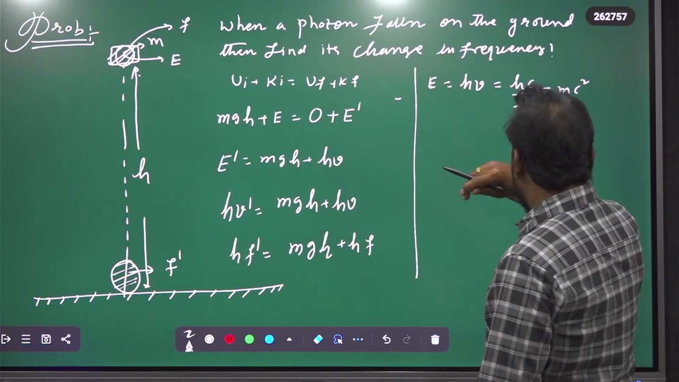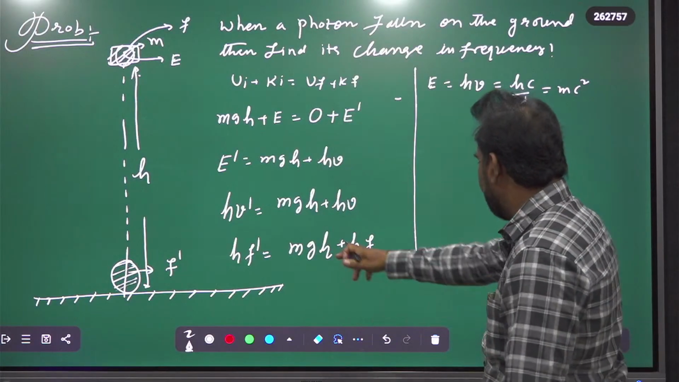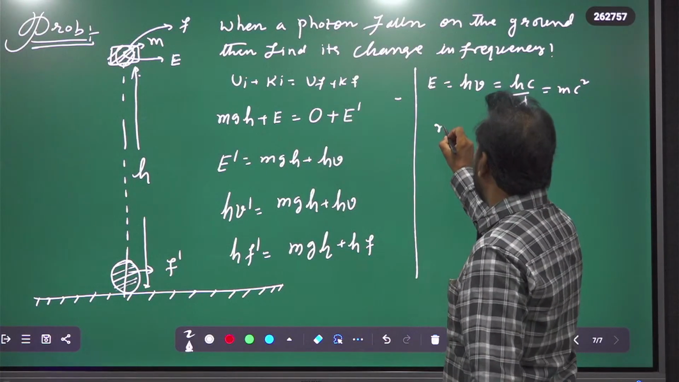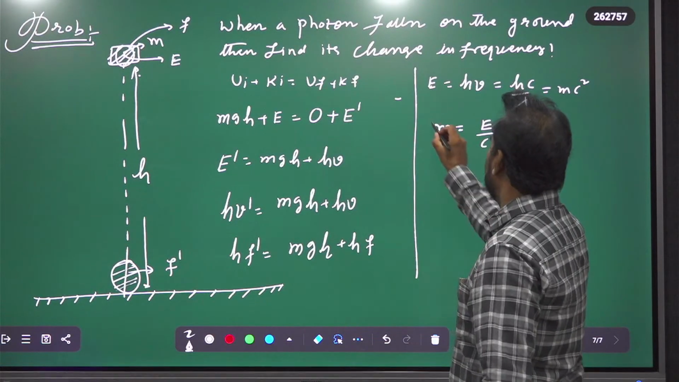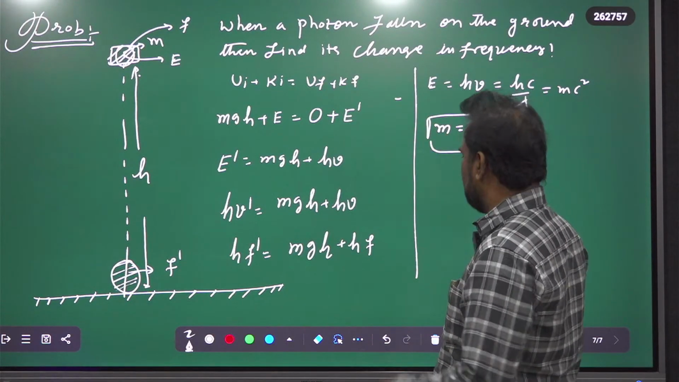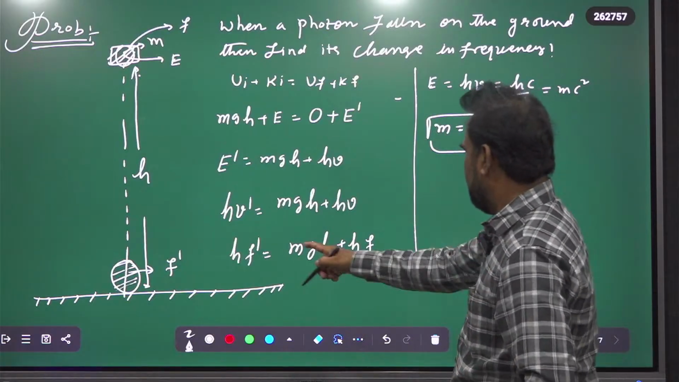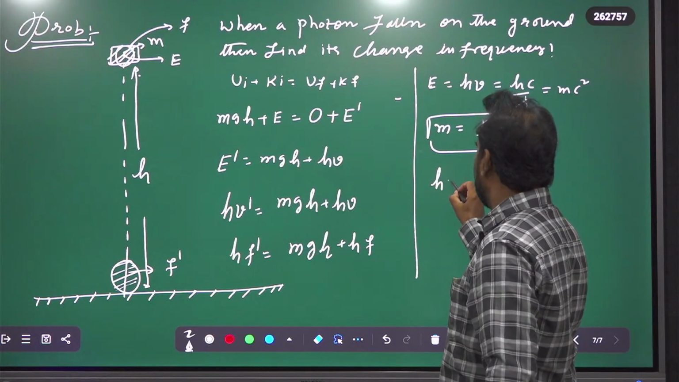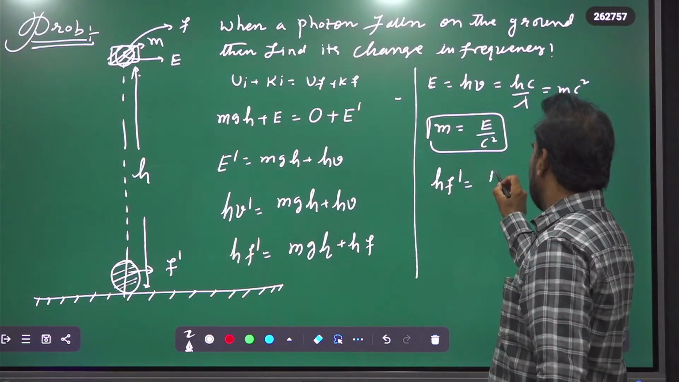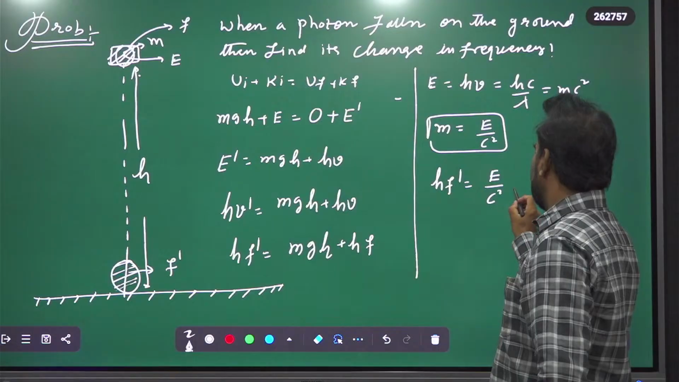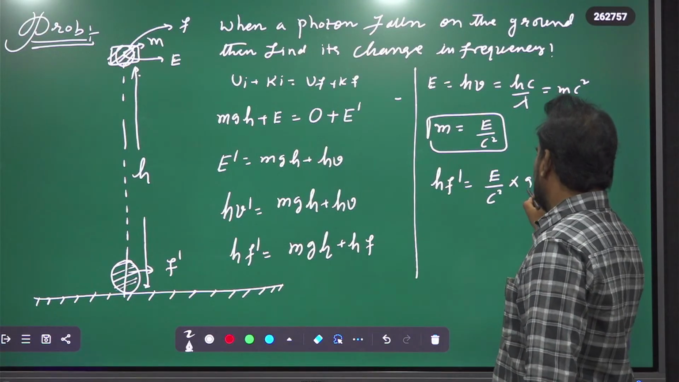Square. Okay. Here what was given? M was given. M is equal to the mass of photon in the form of energy, E upon c square. This is the mass of a photon. Therefore, h f dash would be equal to, what is the value of M? E upon c square into gh